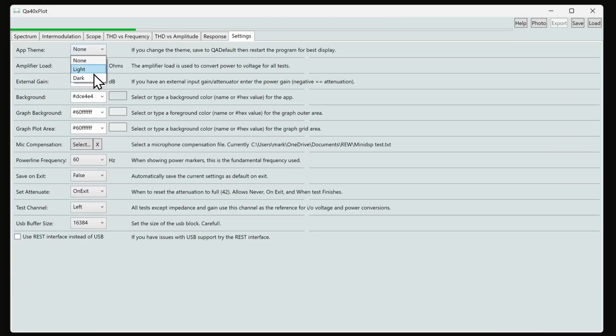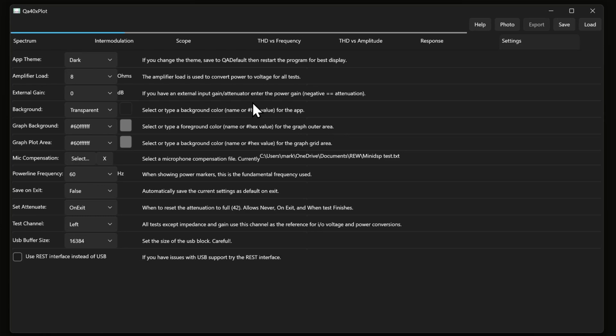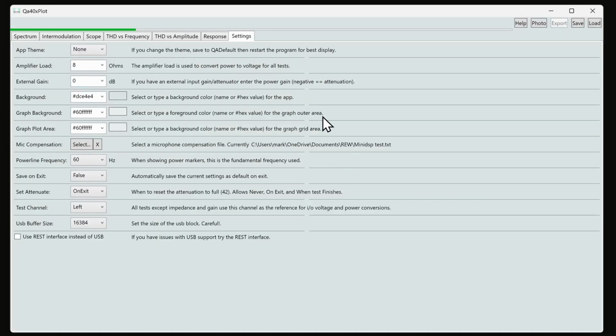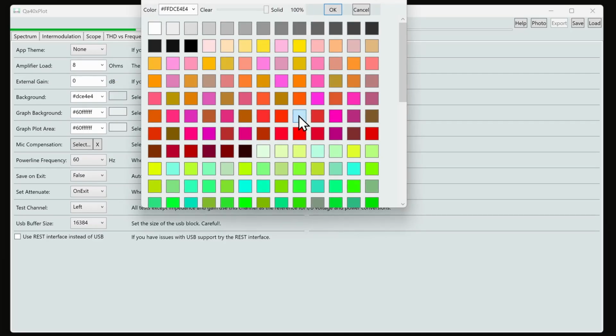You can change your app theme if you want it to be dark or light. Note that these themes are actually a bit better for touchscreens than what I normally run in, which is none, or classic, which is a little smaller, but whatever. You can change your amp load. You can say that there's an external gain block or attenuation block. Change some of the colors. Here, like